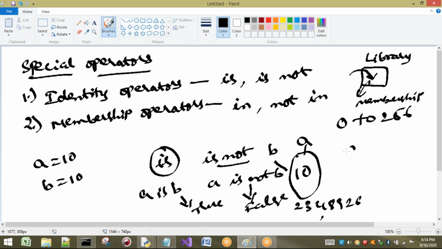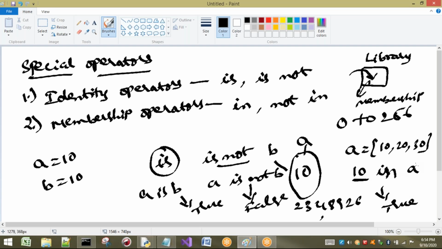A small example I will take. A equal to a small list here, 10, 20, 30. Now I want to check whether 10 in A. That means, is 10 present in A or not? Yes, so the answer is true.